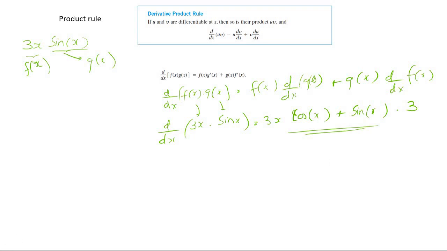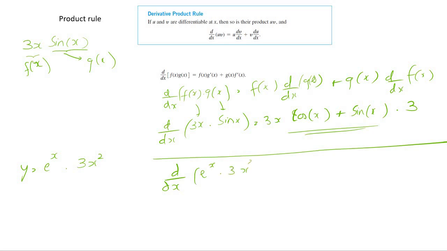Let's look at another question. Let's do another example to show the product rule. Let's say y is equal to e to the power x times 3x squared. So these are two functions. So the derivative of e to the power x times 3x squared is equal to, we write this function the same first,